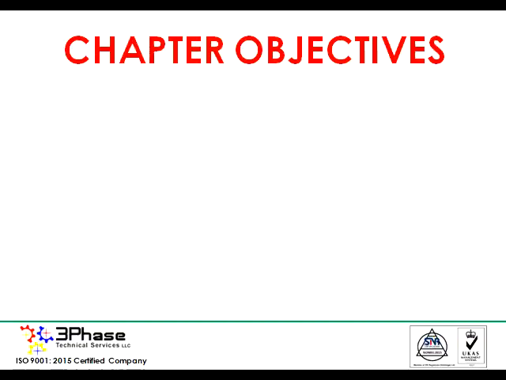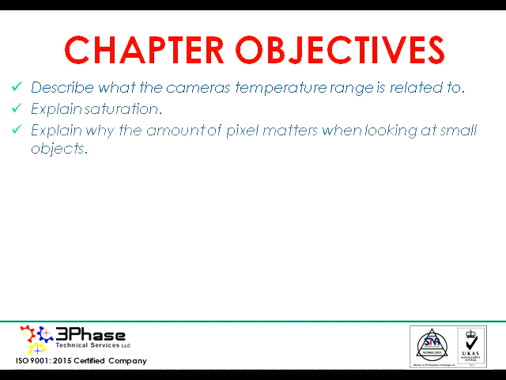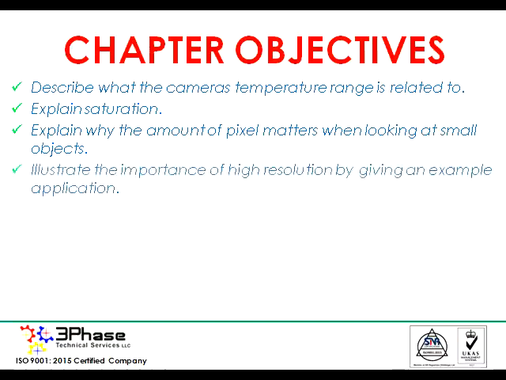The objectives of this chapter are: describe what the camera's temperature range is related to, explain saturation, explain why the number of pixels matters when looking at small objects, illustrate the importance of high resolution by giving an example application,